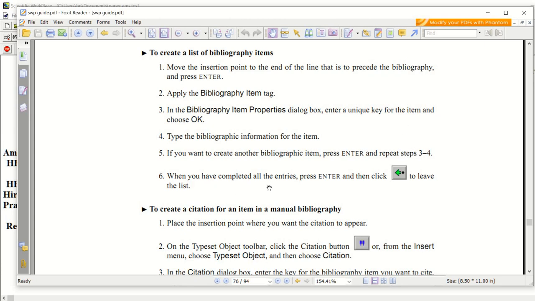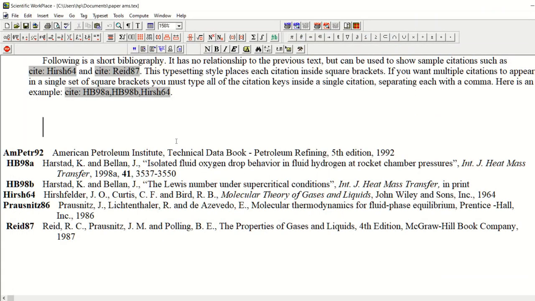When you have completed all the entries of bibliography items or list of references, press enter and then click on this button, which is used to remove the tag to leave the list. Now we see how it practically works in the scientific workplace.